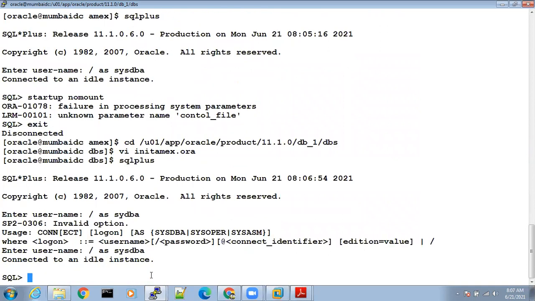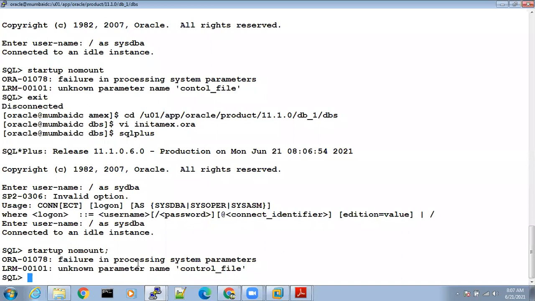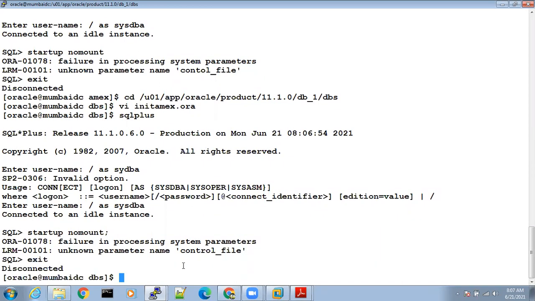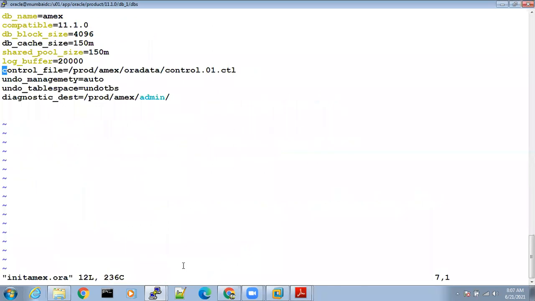Okay, connected to an idle instance. Again try startup nomount. Again it is telling there is another issue. Open the file again. It says undo management.